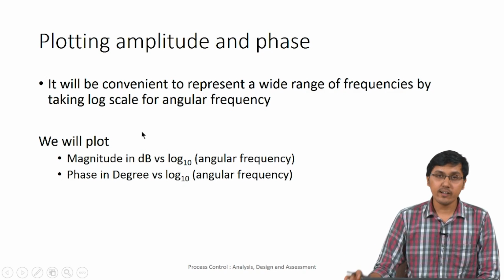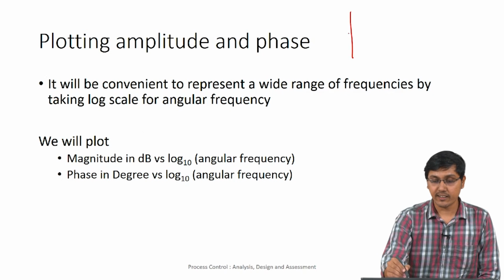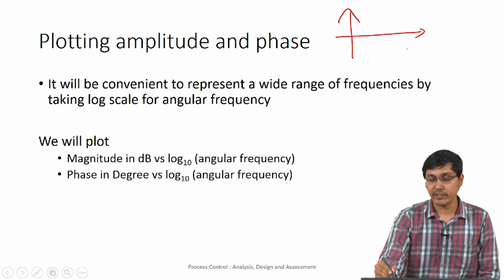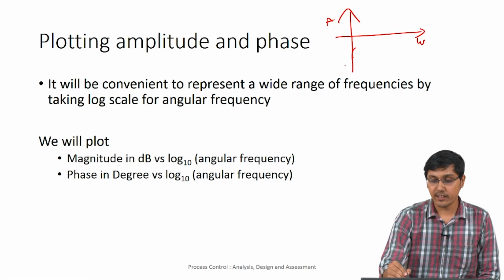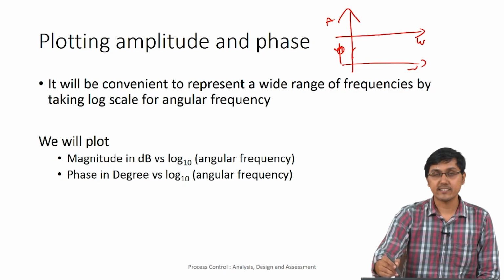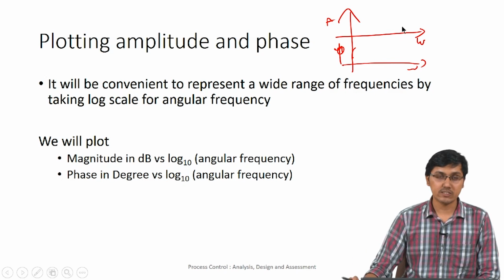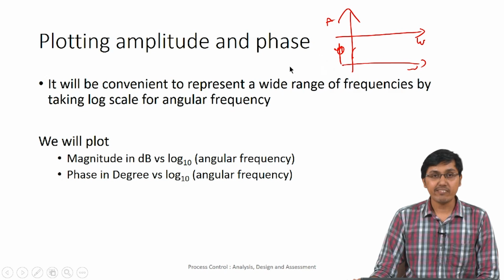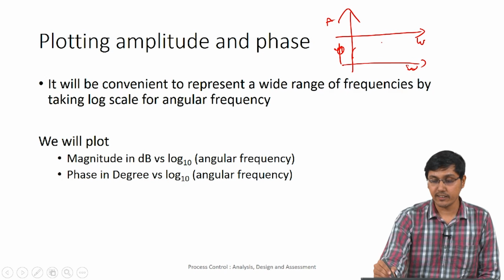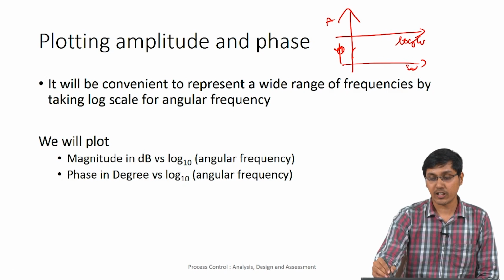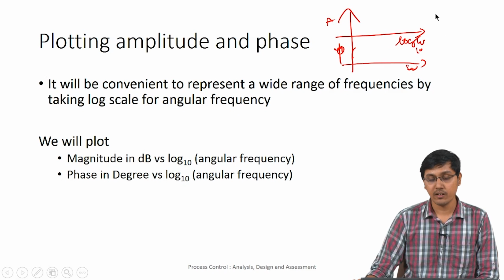So one thing we can ask is, what if I plot the frequency on the x axis and then plot the amplitude and the phase on the y axis? How am I going to get these graphs? That's the natural question we will have. We will try that exercise now, and since the frequency is going to cover a wide range, we will again adopt a logarithmic scale for the frequency, again log 10.